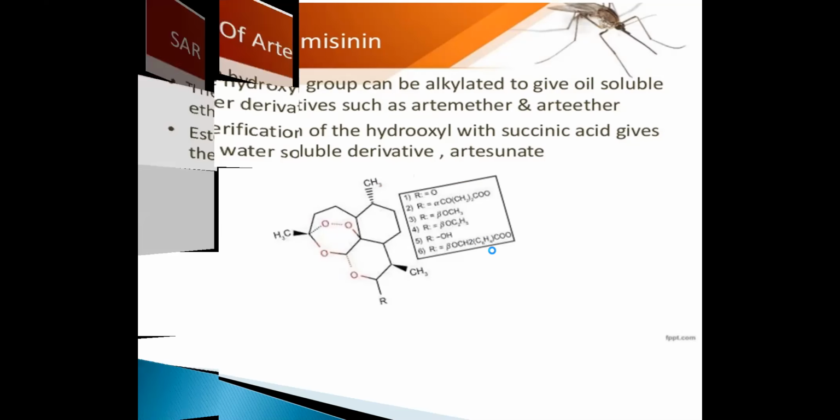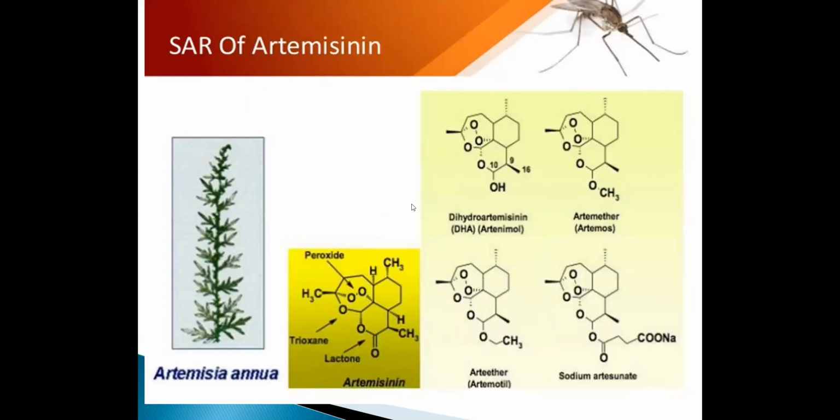This is the basic SAR of artesunate, and these are some of the drugs. As I said, it contains a lactone ring, it contains a trioxane ring, that is 3 oxygens, and a peroxide bond which is necessary for generation of free radicals, the most important part in your molecule. It contains a cyclohexyl, methyl, and a lactone ring containing a methyl. So these are some of the derivatives.